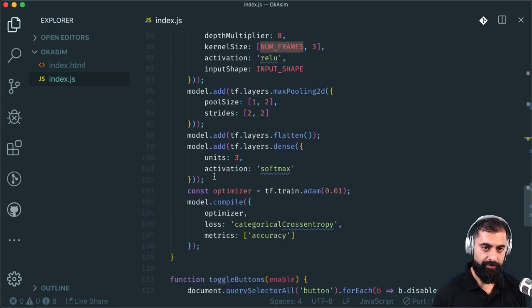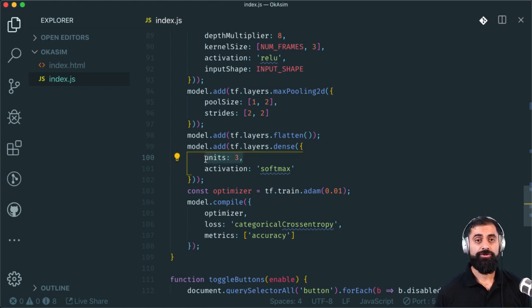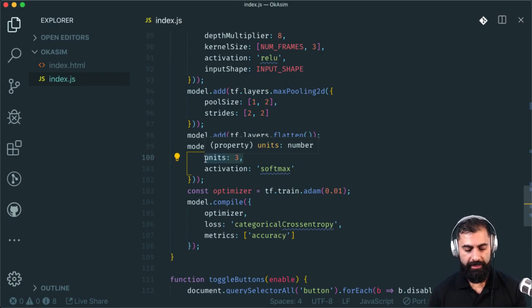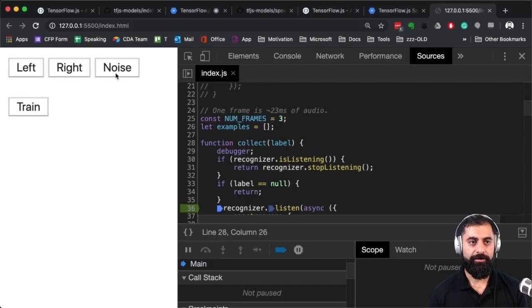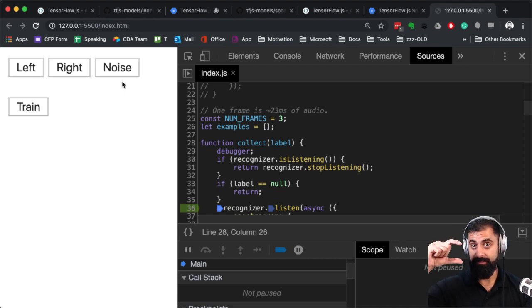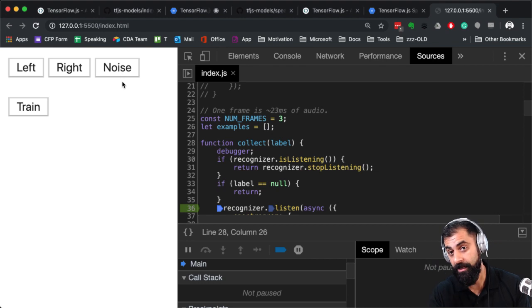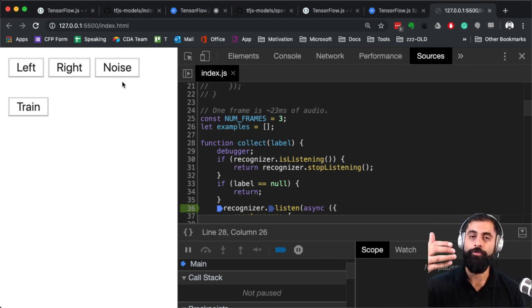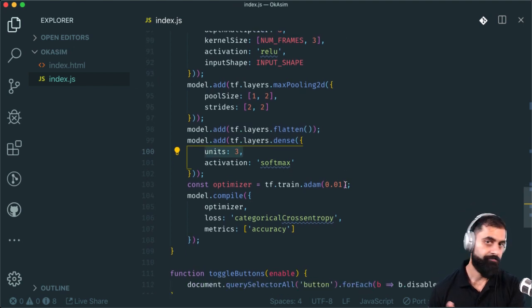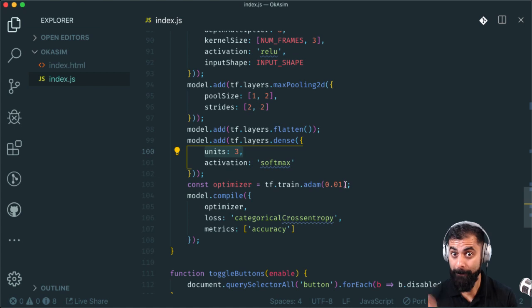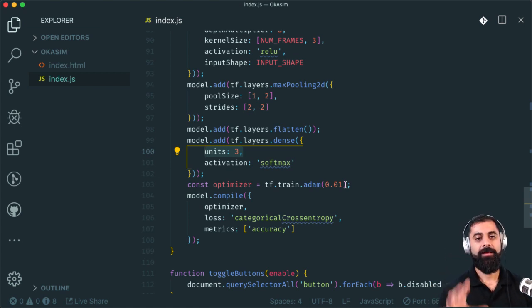And the output shape is a layer, and you can see here it's got 3. Remember, what they're doing in this one is we're just trying to detect left, right, and noise. So it's only got 3 things. What's going to come out at the end is the probability of the sound being a left, the probability of it being a right, and the probability of it being a noise. It's going to output a 3-thing array, and that's all the model is doing. There's a lot of maths and a lot of stuff happening behind the scenes, but that's all that it's doing.